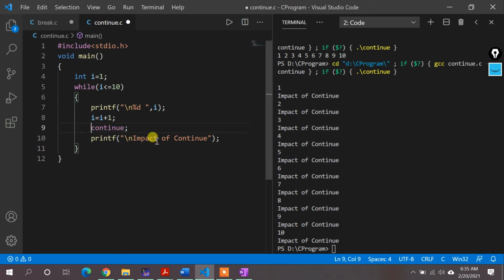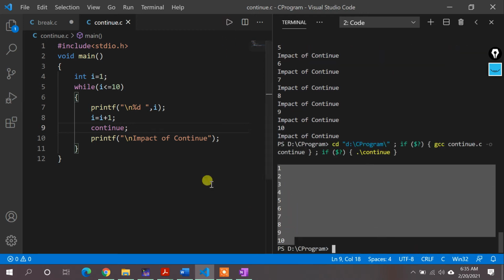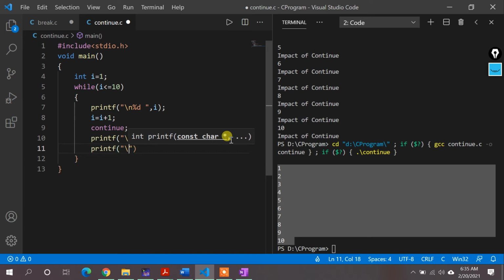As I have already discussed with you, whenever a continue statement is there, the control will come to the beginning position. That means the next iteration gets executed. So you can see if I run this code, whenever a continue statement is there, the output is only 1 2 3 4 up to 10, but this line, that is impact of continue, never gets executed. Similarly, whatever statement is after this continue statement, let's say I'm writing another statement over here, printf then \n hello